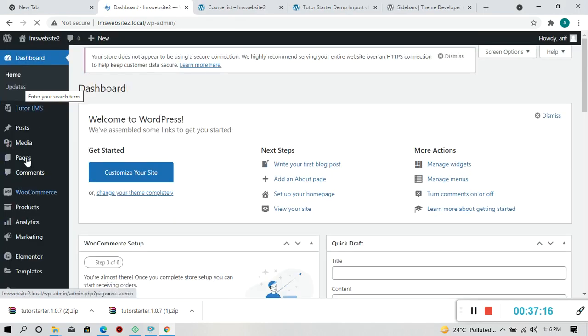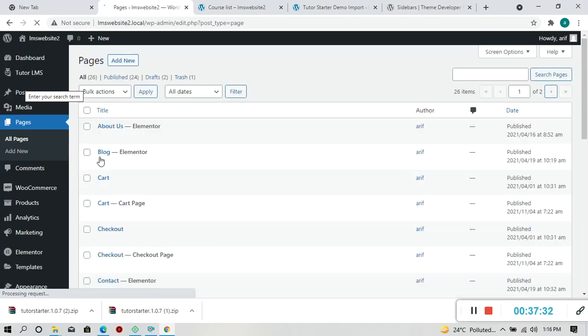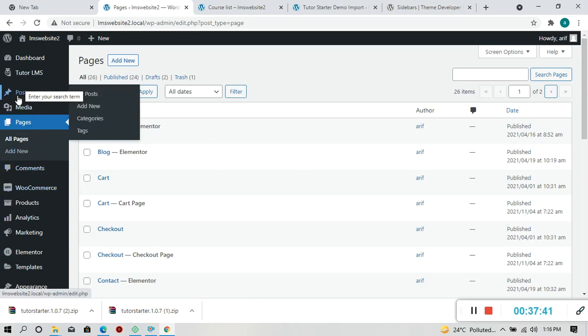and if you click on the pages, then you can see a number of pages are created. About, blog, cart, checkout. These are the pages already created. Post. Where is the post?